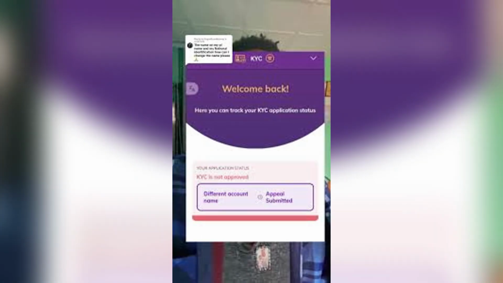Eligible pioneers will see in the Pi KYC app this text about the KYC application rejection due to name. So all you have to do is go there and change your name. And that's it,